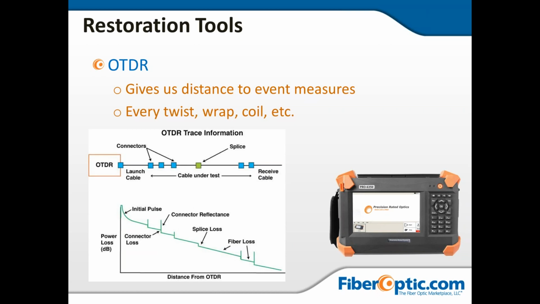And the reason is the index of refraction actually determines how fast light travels through that fiber. So light travels through vacuum at a certain speed. It travels through air at a certain speed. It travels through water at a certain speed. And you need to know the speed that the light is traveling through to be able to make some calculations,